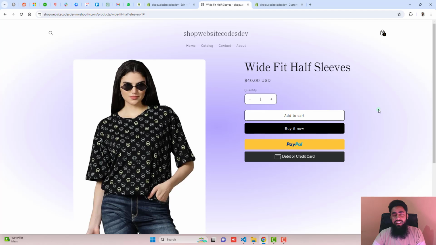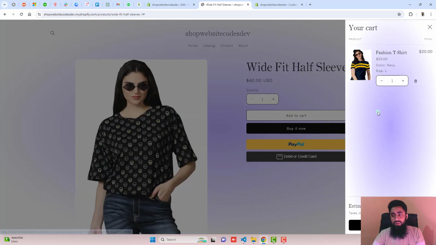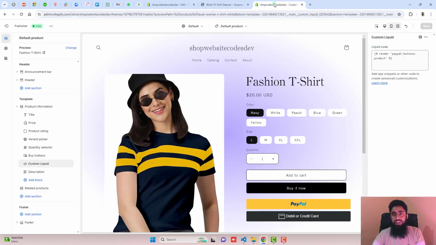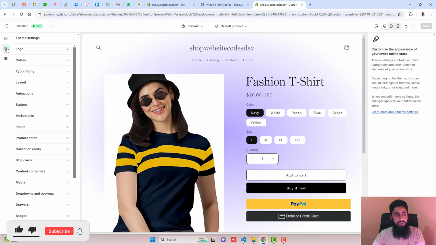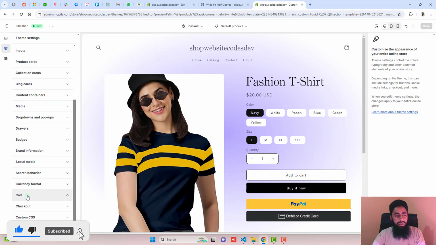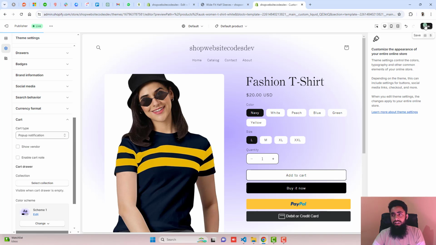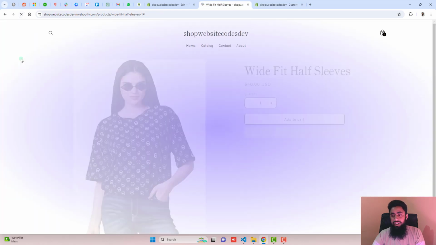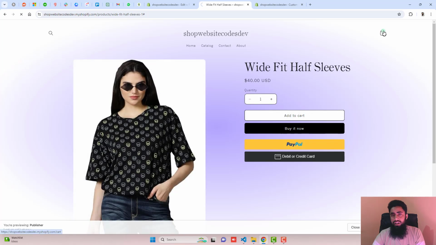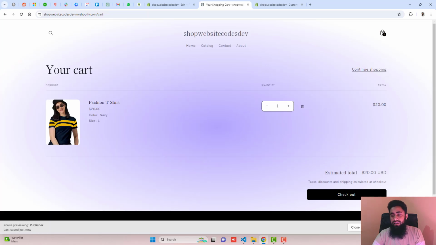Now the next step is to add PayPal debit or credit card buttons on your cart page. Here you can see that we have a drawer. So we need to firstly do some settings. Click on these settings and click on cart. You need to change drawer to page or maybe pop-up notification, and click on save, because on drawer we don't have the cart page redirection. So let me refresh it back, click on this cart, and here you can see that we have the cart